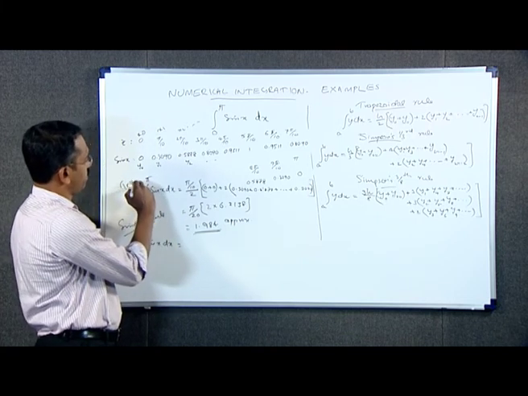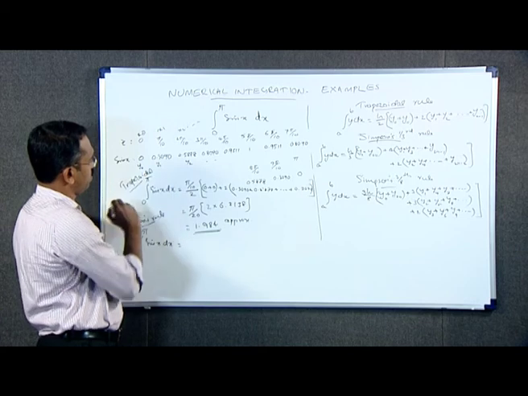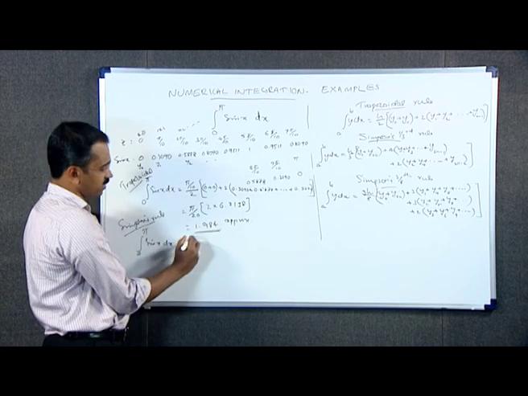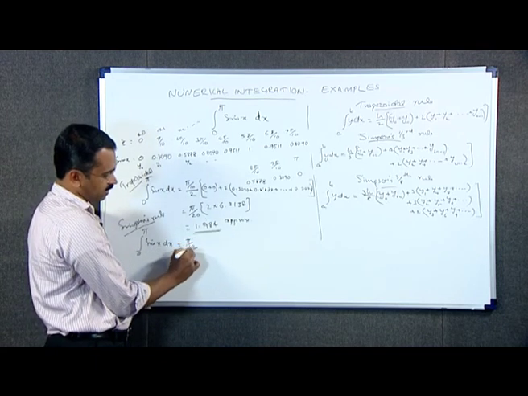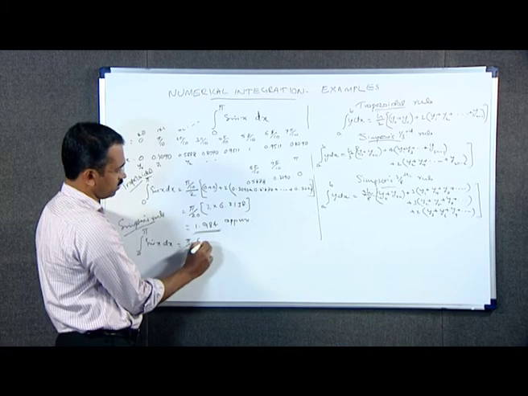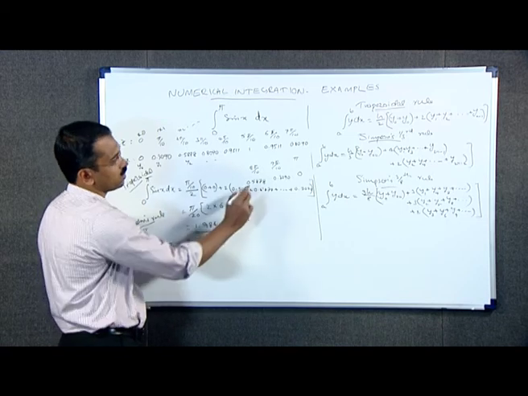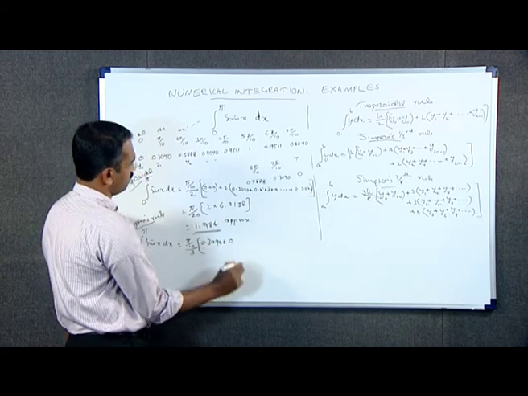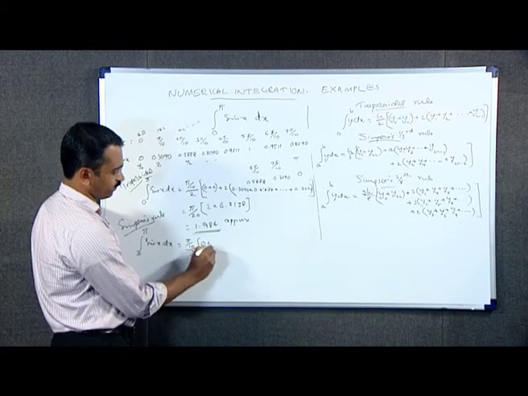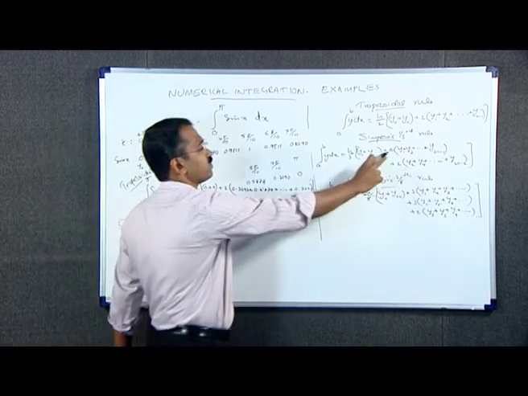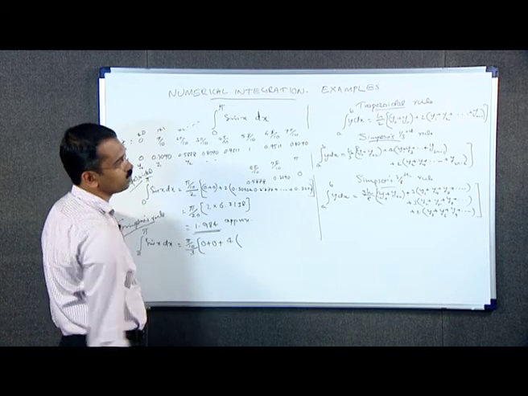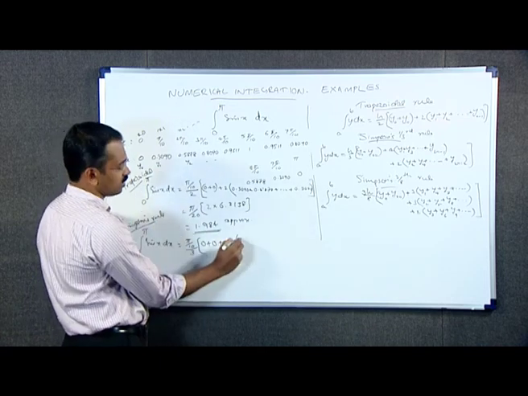This is trapezoidal. Here the integral from 0 to pi of sin x dx is equal to h by 3, where h is pi by 10, divided by 3 into y naught plus y 2n, that is 0 plus 0, plus 4 times y1 plus y3 plus etc. up to y 2n minus 1, that is here 4 into y1, which is 0.3090